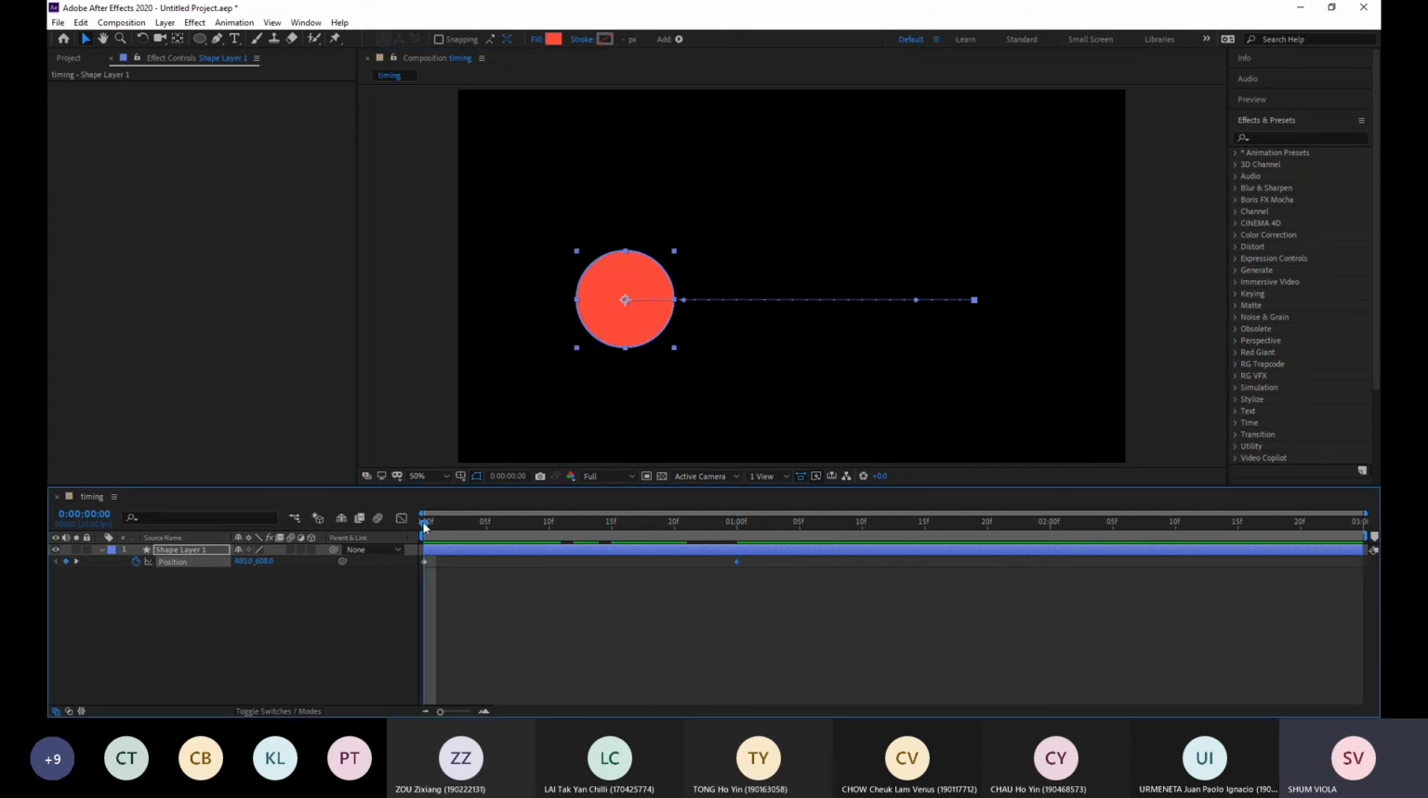Okay, the first one, the ball is on the left hand side, and after 1 second, the ball is on